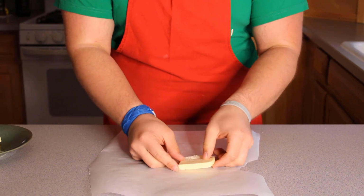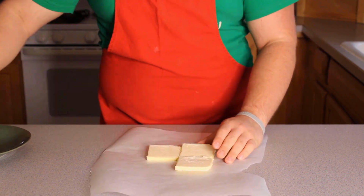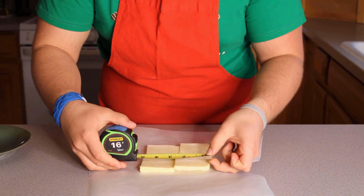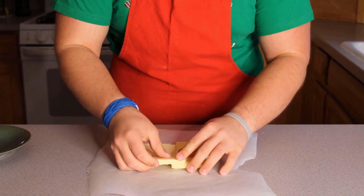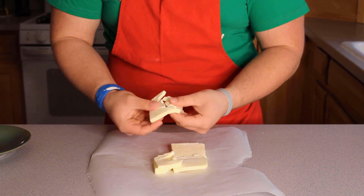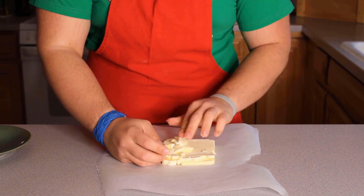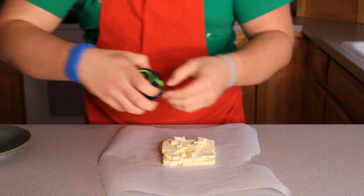So to make our beurrage, we're going to lay out our butter in a 4" by 4" square. And I kind of tried to do this by laying them all out, but it was way too long. So what I ended up doing is kind of breaking the butter in half. It does not need to be perfect at this point because we're going to even it out later. So just kind of get that butter in there into a 4" by 4" square,